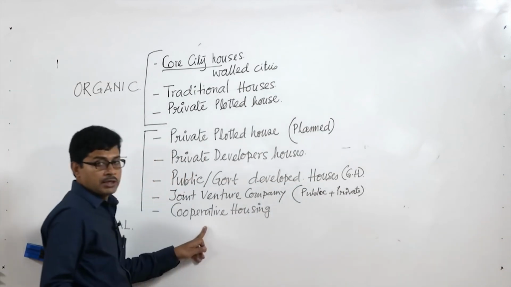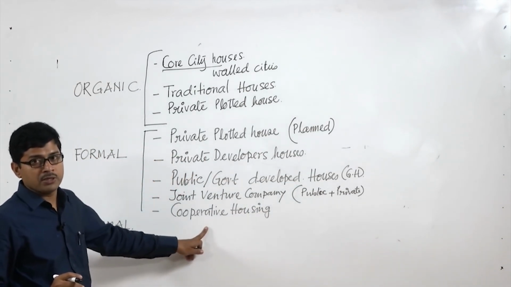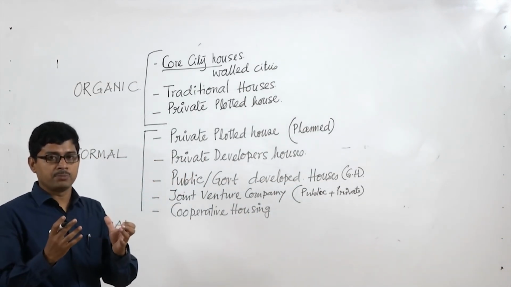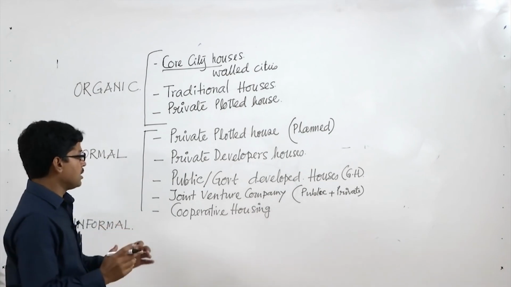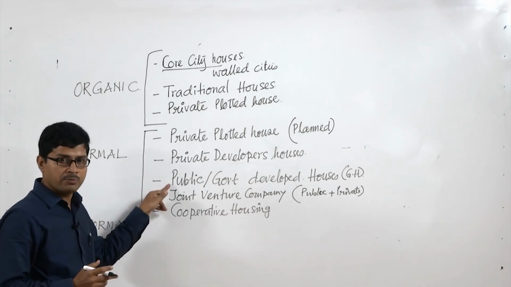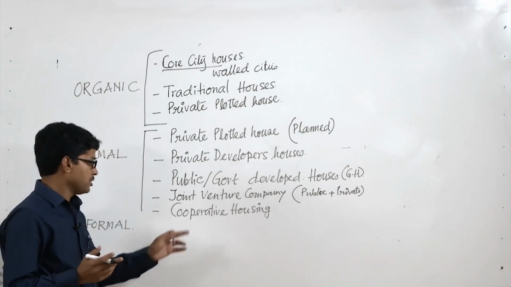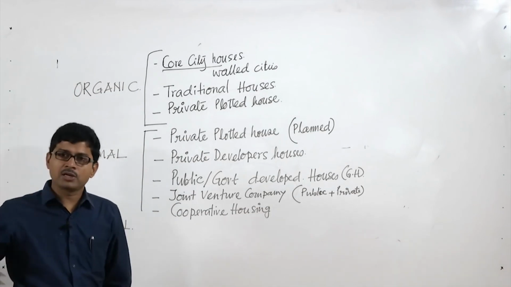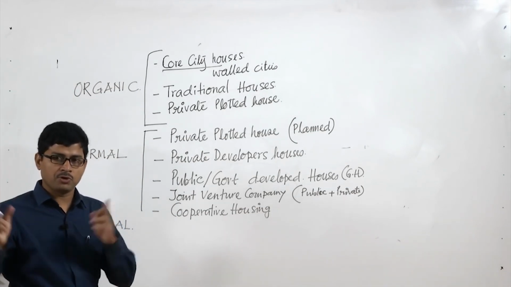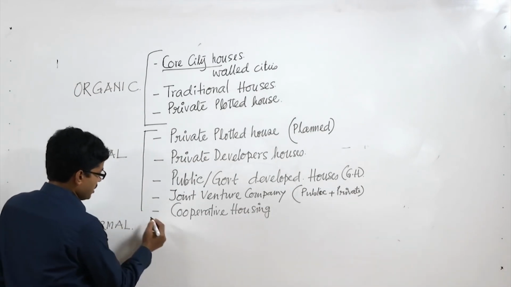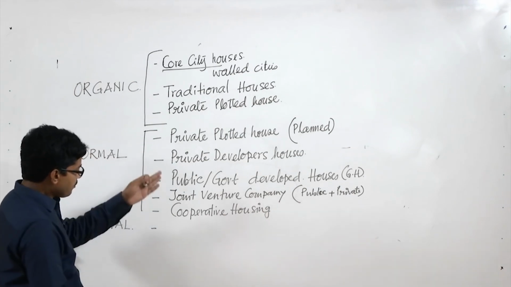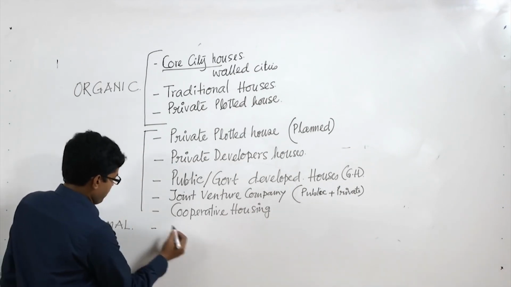In this case there is no developer in the picture, only like-minded people. They make a cooperative, they get the land from the public agency or the government and they construct their own house, that is called cooperative housing. Later on we will come to details for all the types of housing, but now we are just listing. So cooperative housing, and also we have